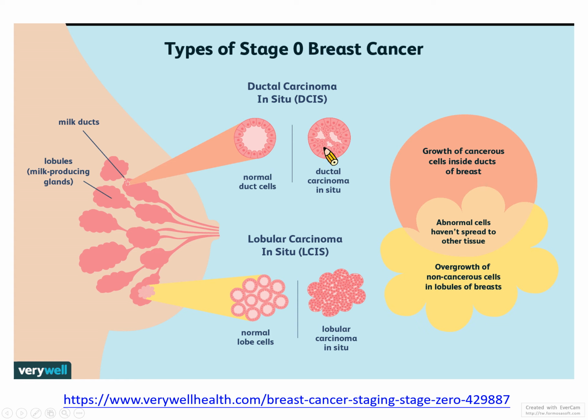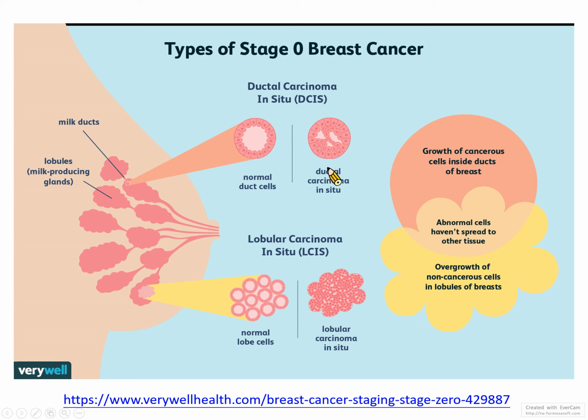It means that the cancer has not invaded outside the range of these parts of the tissue. So for example, this shows you the normal duct cells. It's just like a duct, a tunnel. But if it has a cancer, then it will grow into this duct. You can see that it should have one layer, but in this case, it has more than one layer of